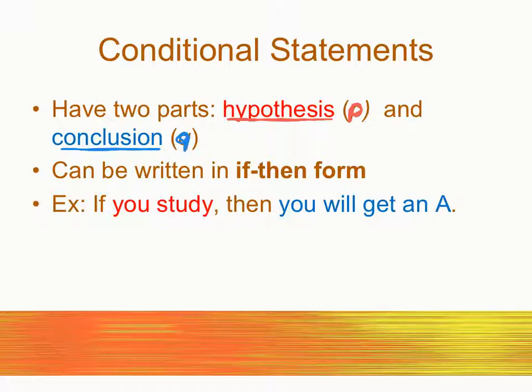So here's the key thing. The word if and the word then, neither one of them, this is really important, by the way, because this is where people start to lose points on their next quiz and next test. They are not part of the hypothesis, and they are not part of the conclusion. It is like a marker that tells you right after the if, you can expect the hypothesis. If I do what? If you hit your brother, so here's my hypothesis right here. If you study, the you study part is the hypothesis. It does not include the word if. It's just you study. Then, here comes the conclusion. What is the conclusion? The conclusion is the part that comes after the then. You will get an A.